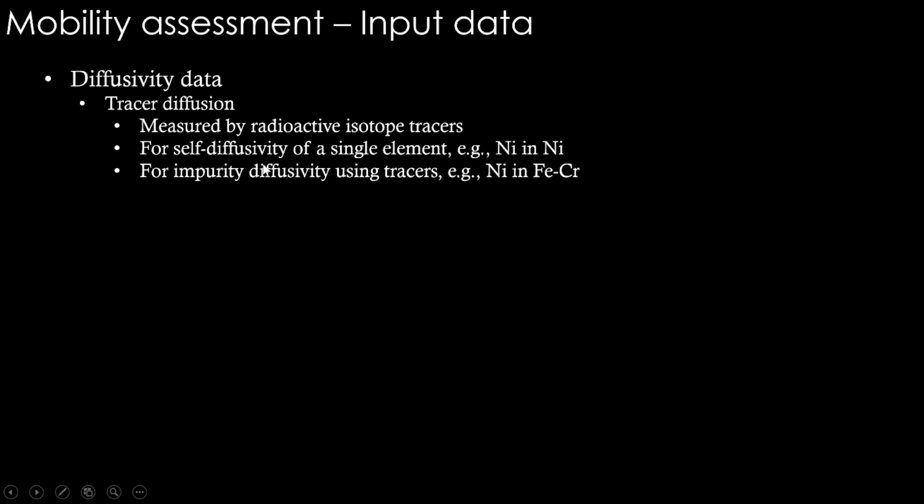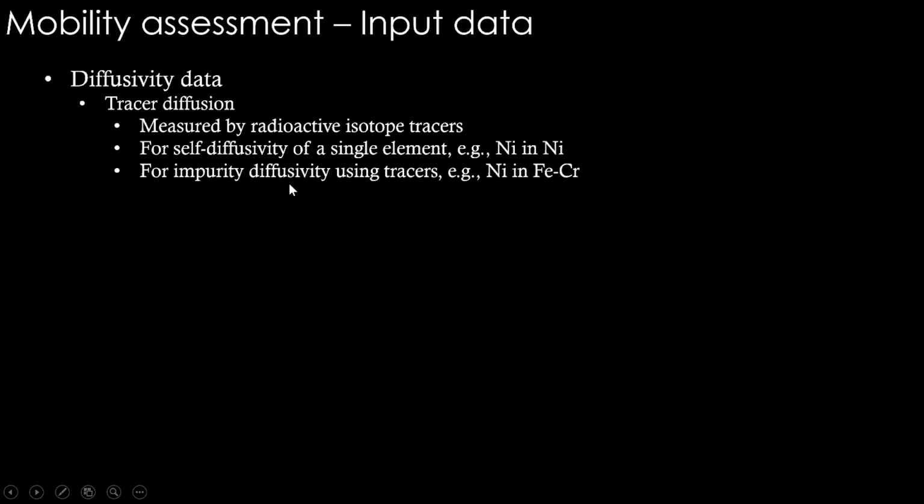So in that way, you need to have an isotope of nickel where electron structures and everything are going to remain largely the same. In the nucleus, there are possibly some extra neutrons. So they make the atom an isotope, and that isotope is going to be radioactive, and that radioactivity can be measured. So that is the tracer that we talk about, radioactive tracer. That is an isotope basically. That is put on one side, and its diffusion is tracked based on the radioactivity at different slices of material at different times. This is called tracer diffusion, and that is used especially for measuring the self diffusivity as well as impurity diffusivity.